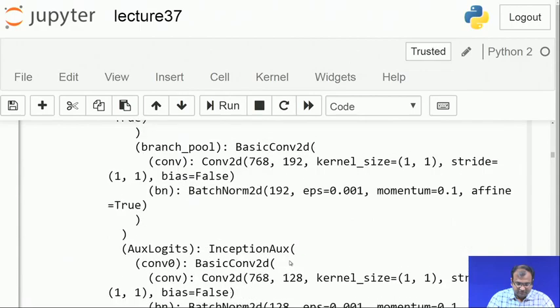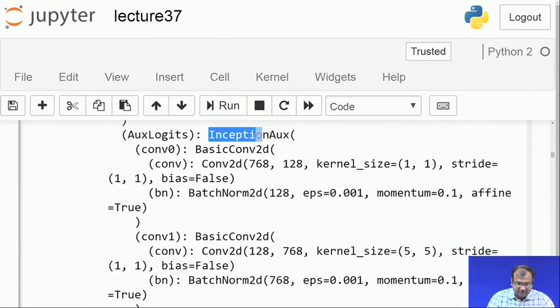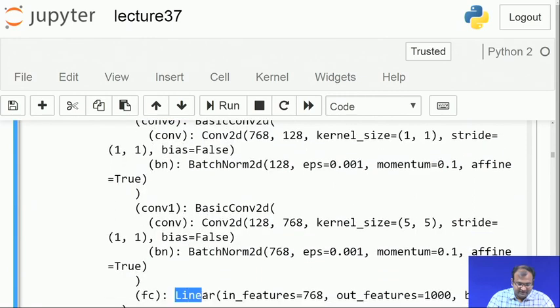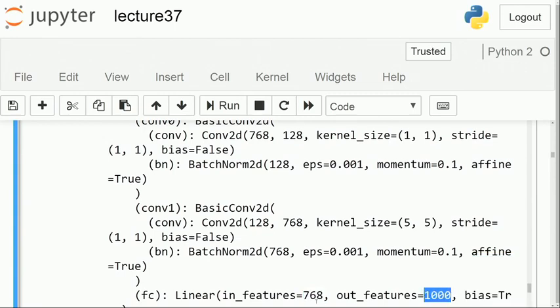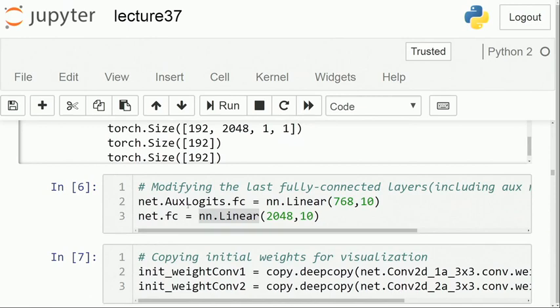So, let us keep on going, and I have my inception auxiliary over here, my auxiliary classification, that is meant my aux logits. Now, over there I need to change this linear which takes in inputs of 768 features and connects it to just 1000 layers for classification. So, I need to convert this one from 768 which maps down to 1000 to 768 which maps it down to 10, and that is the change which comes over here.